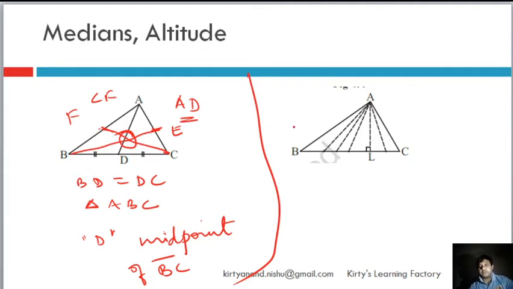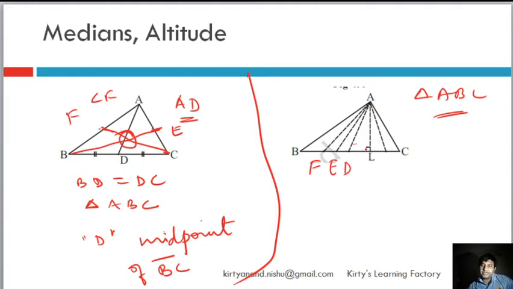Now let's talk about altitude. Now this is triangle ABC. Once again you can see I have taken triangle ABC. Now let's say this first dotted line, let's call it AF. The second dotted line AE. The third dotted line AD. Now as I am moving from F to D, I see that the length of these sides is getting short,